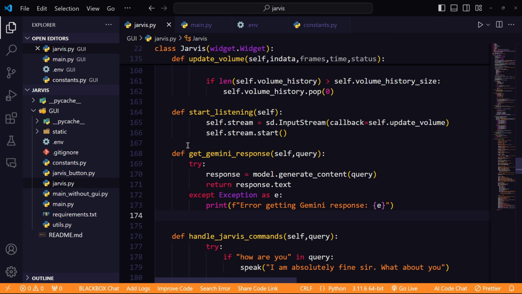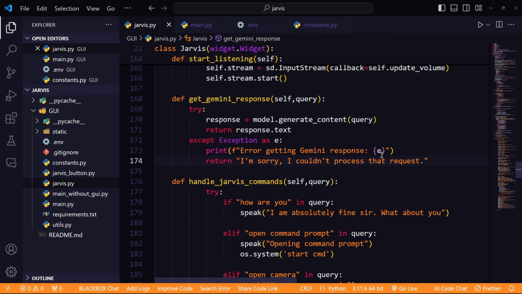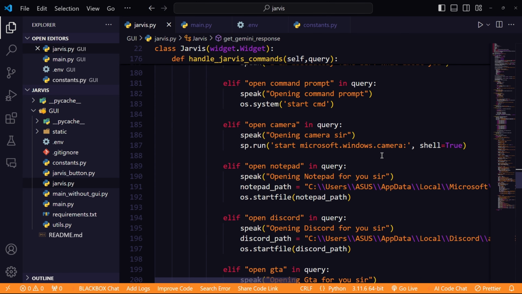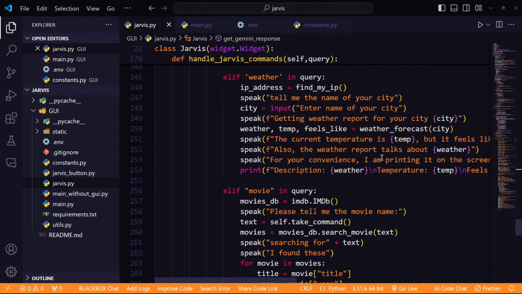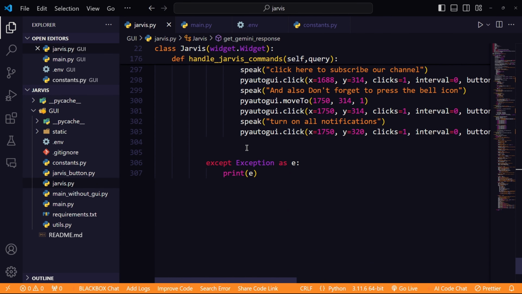And also write a return statement. Now let's get to our enter Jarvis command function. Here in the else condition, we will write